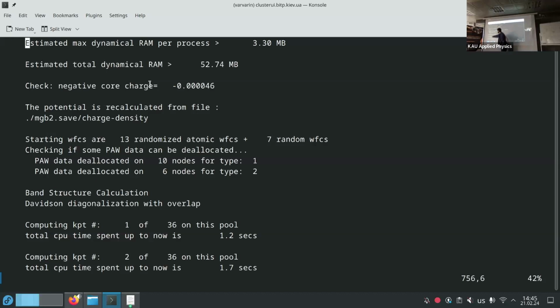You see computing k-points 1 of 36, not from 141, but 1 of 36, because you used npool 4, that's why you should divide 141 by 4. You get about 36 with rounding up. 142 would be divided by 4, but it's like one set.